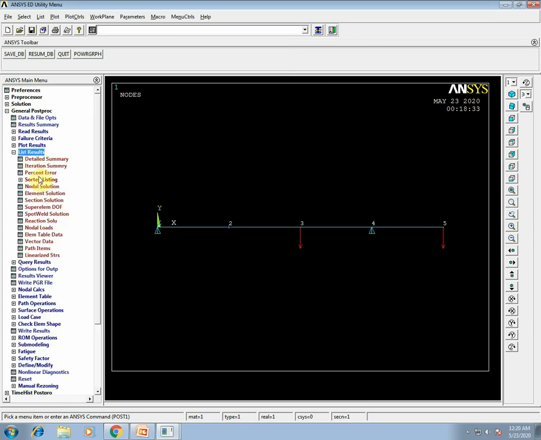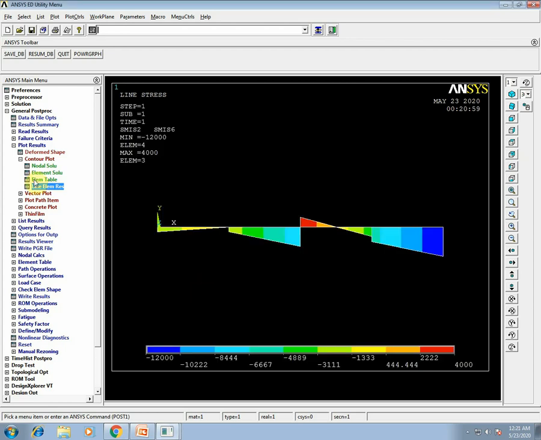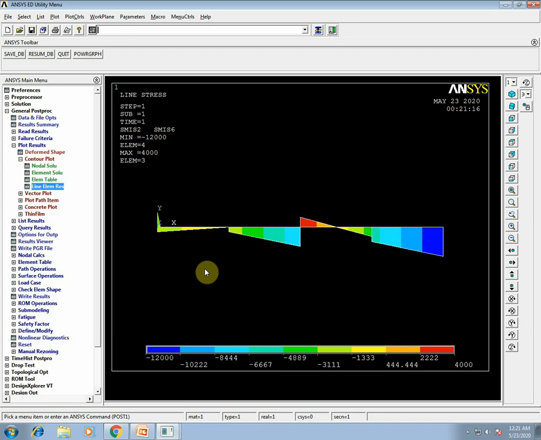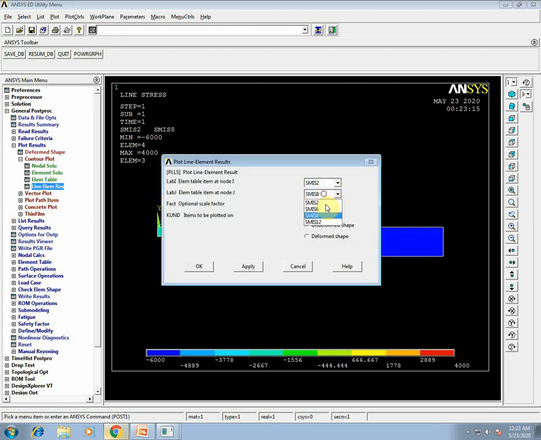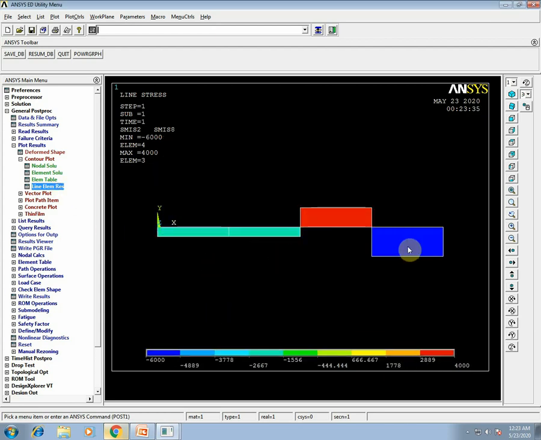Then plot results, contour plot, line element results, by taking SMISC 2 and SMISC 8, you will get a shear force diagram.